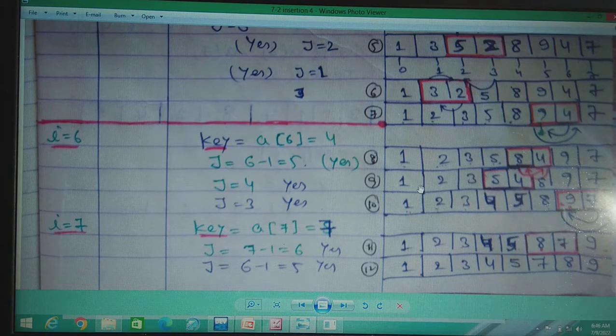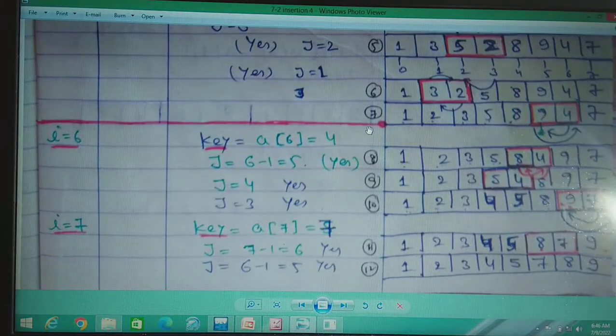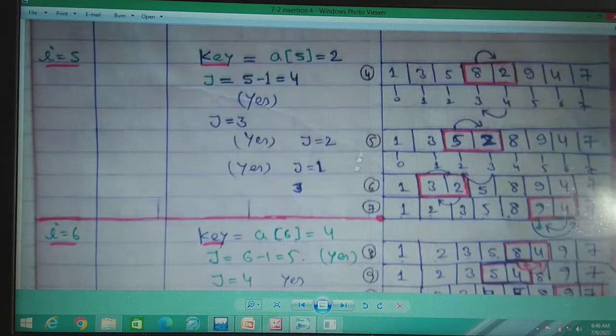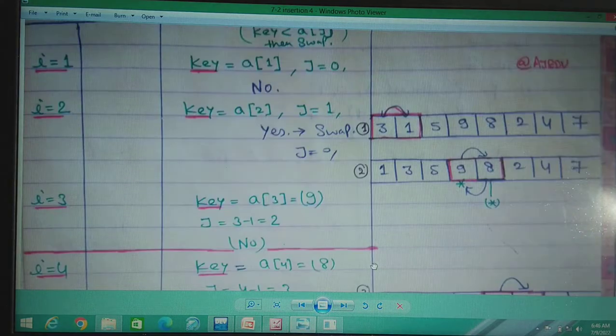If you are facing any problem, then you can also write the method. Okay, when I is equal to 0, j is equal to 0, key is equal to 5, this is answer. When I is equal to 2, j is equal to 1, key is equal to 1, this is your answer. Similarly for key is equal to 8, key is equal to 5, key is equal to 2, key is equal to 4, key is equal to 7. All the elements are, and at last these elements are sorted. How it is working? You can pause the video, you can write all the steps. Okay, you can understand. If you are facing any problem, then you can ask us.